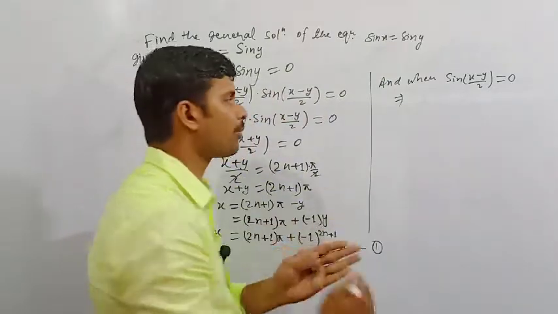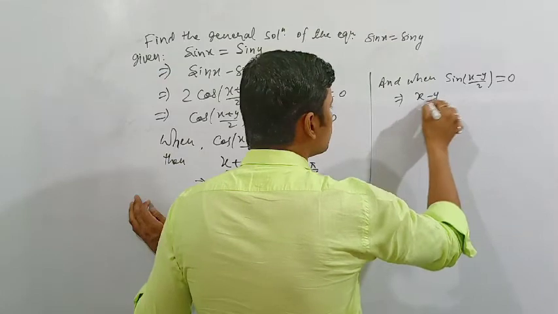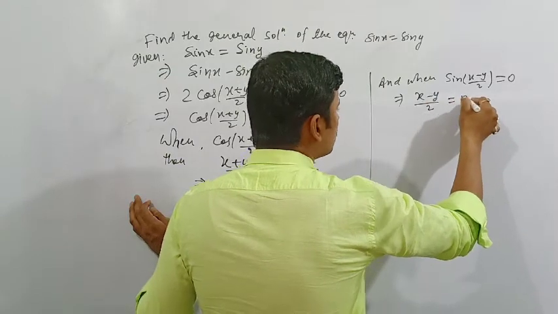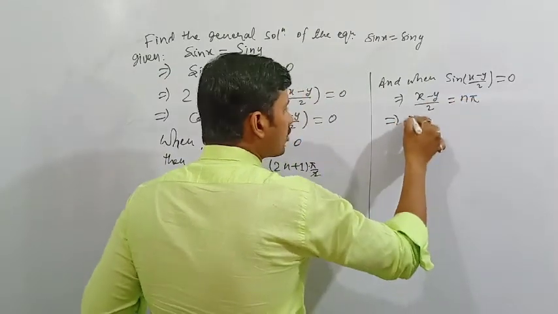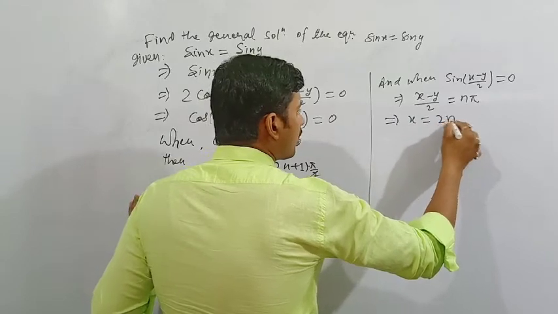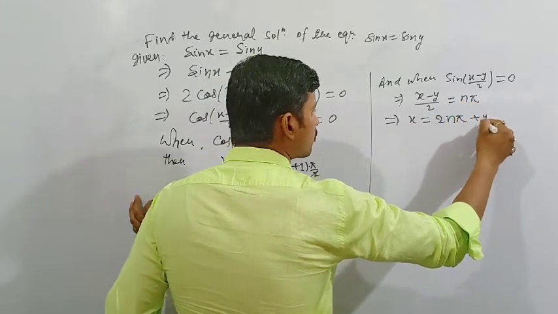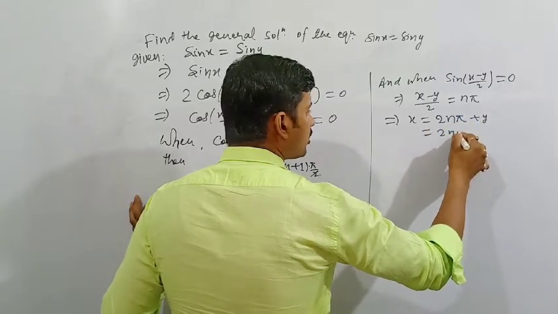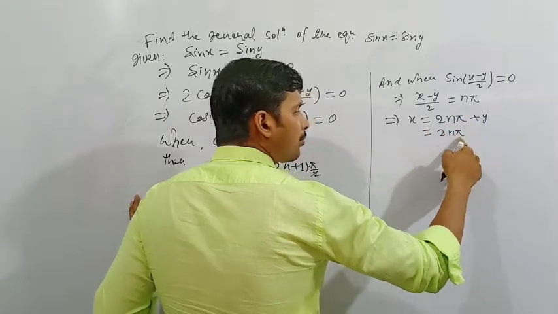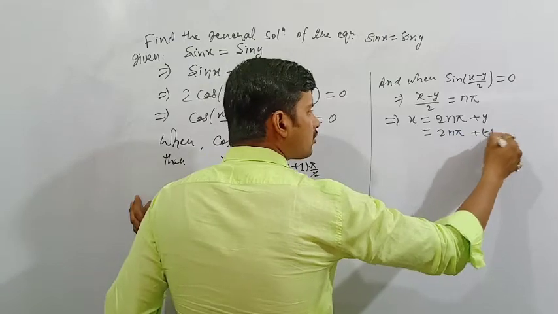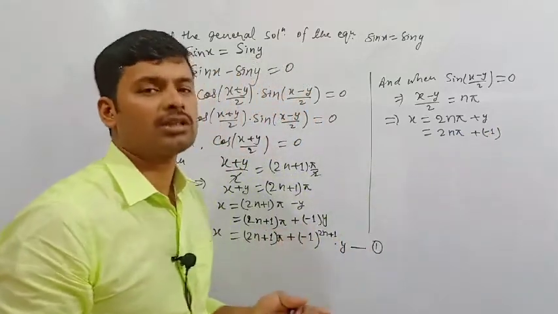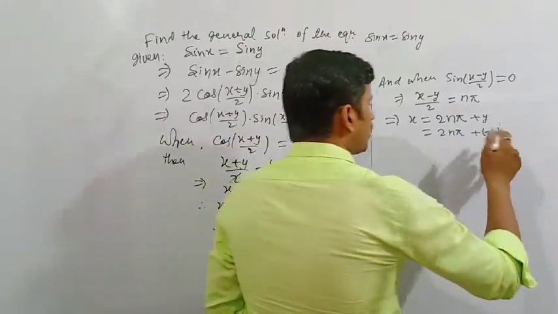Theta equals n pi. Okay, so (x minus y) by 2 is equal to n pi. In this way x is equal to 2n pi plus y. This can also be written as 2n pi plus minus 1 to the power of an even number, a general even number,